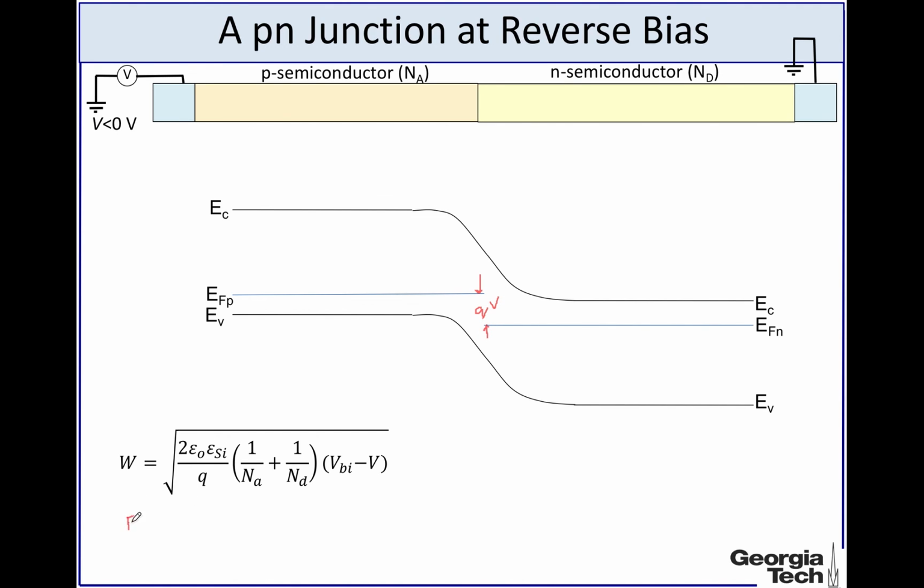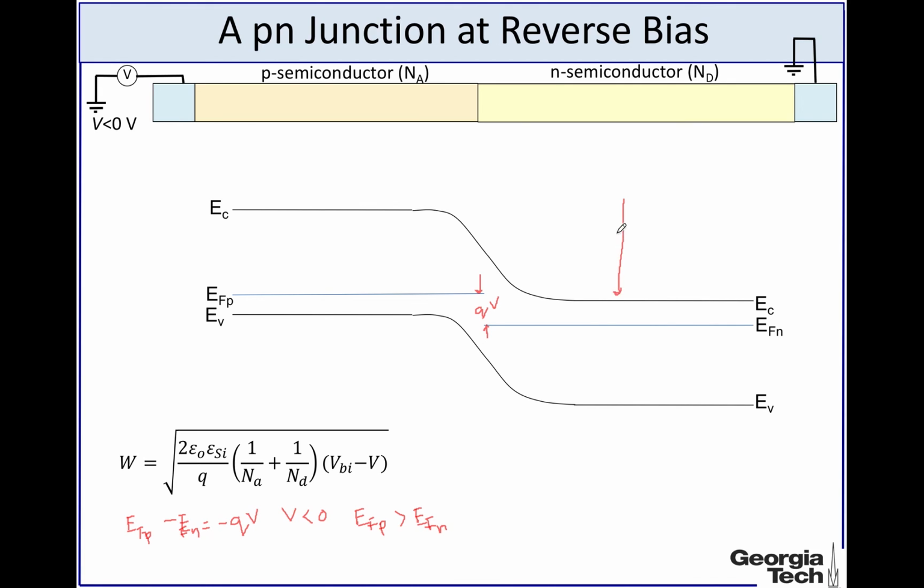So again, if we write it, EFP minus EFN equal to minus QV, and V is negative here, so EFP will actually be larger than EFN. The Fermi level in the p side will be higher than the Fermi level in the n side,